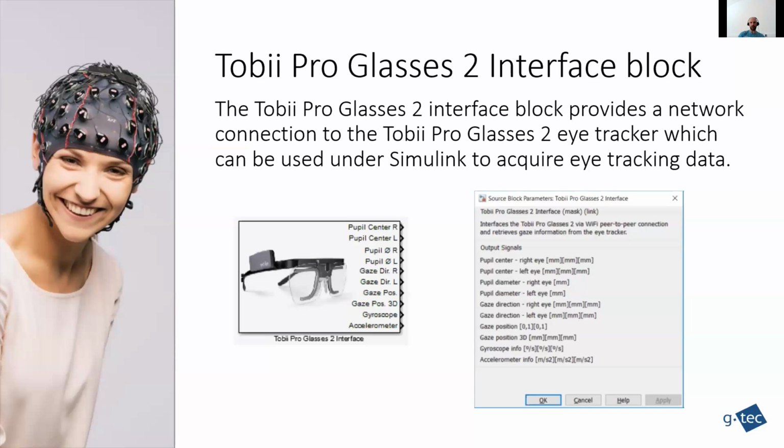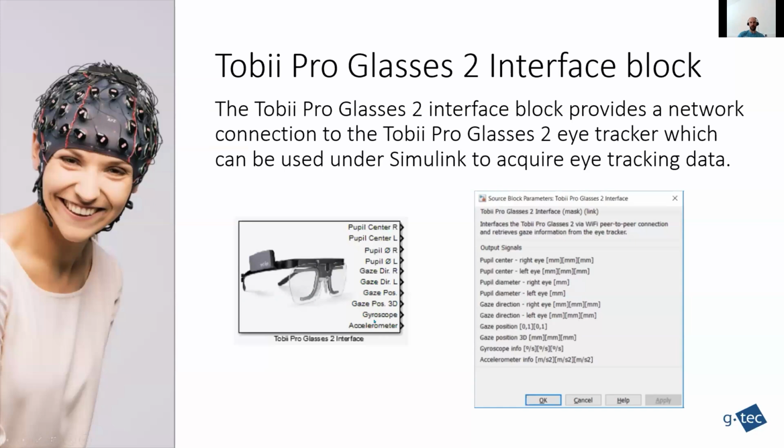The principle of Simulink is that you have blocks which implement functionality and then provide some information to the Simulink model. We developed this block for you, so from a library you can drag and drop it into your Simulink model, and then you can configure it,